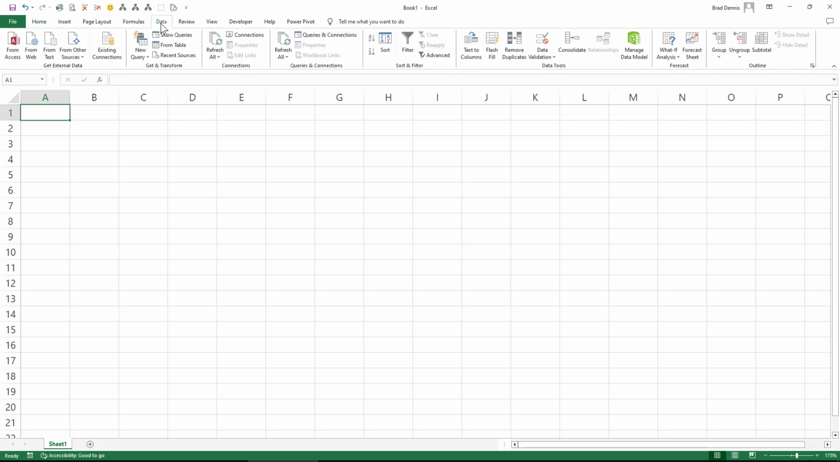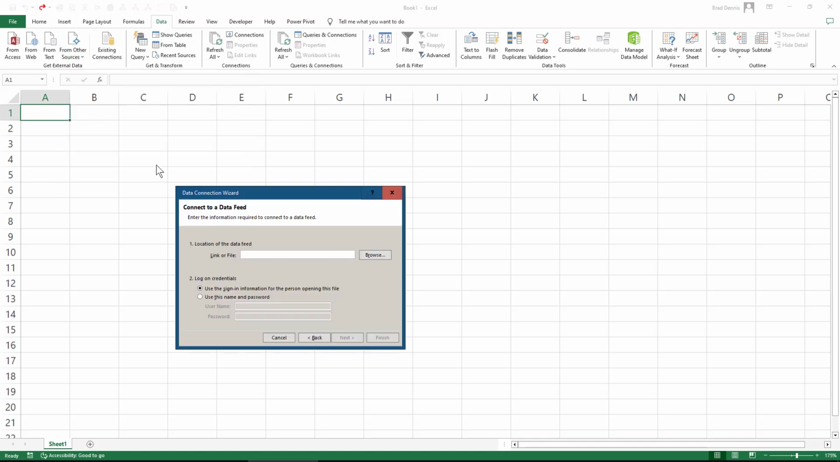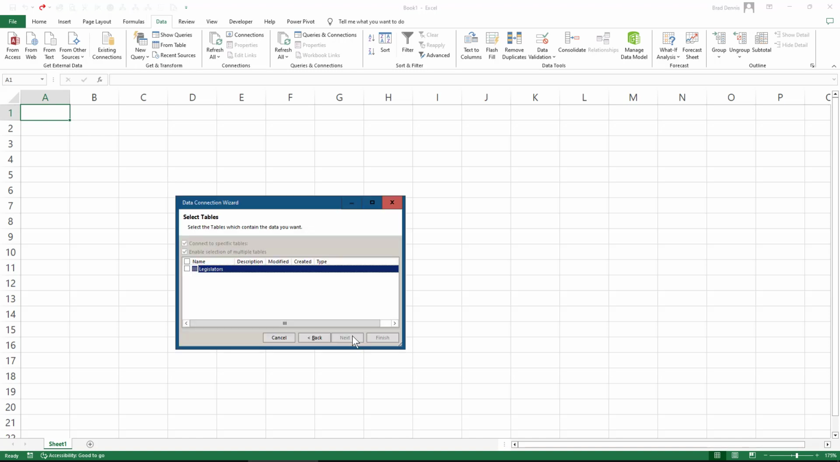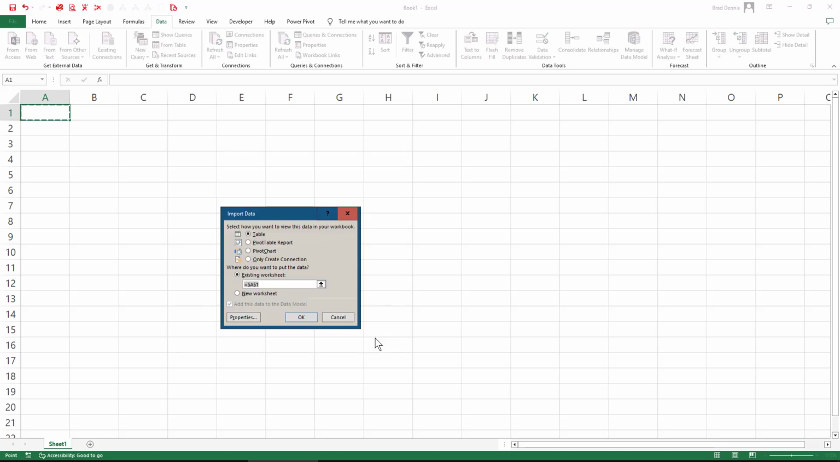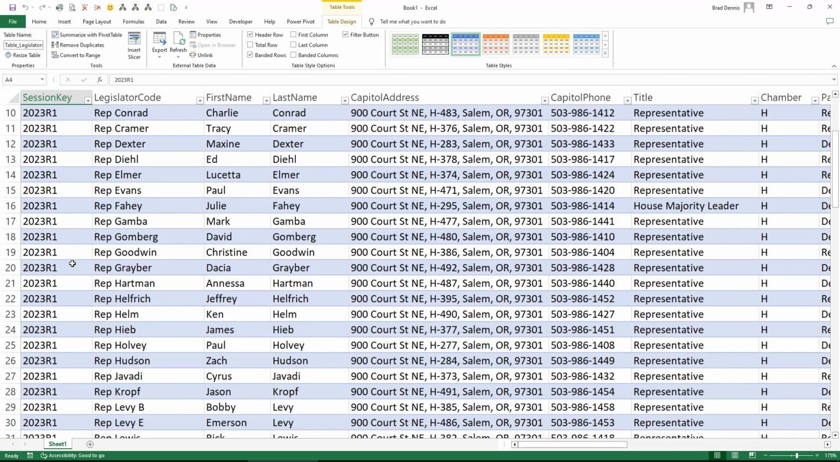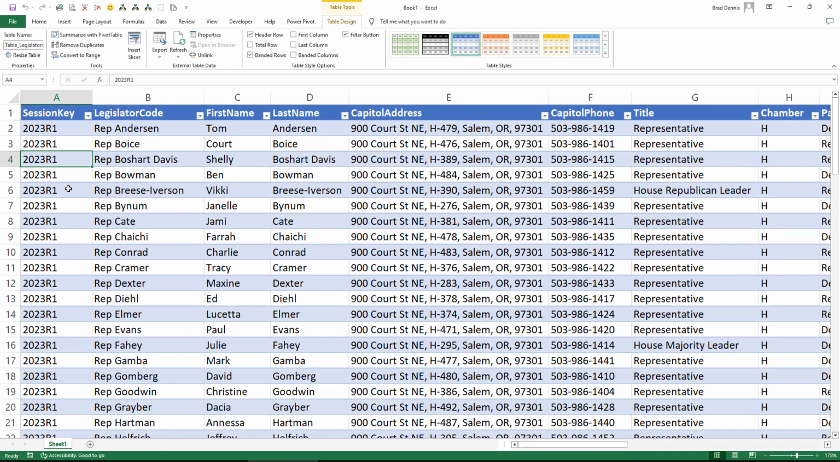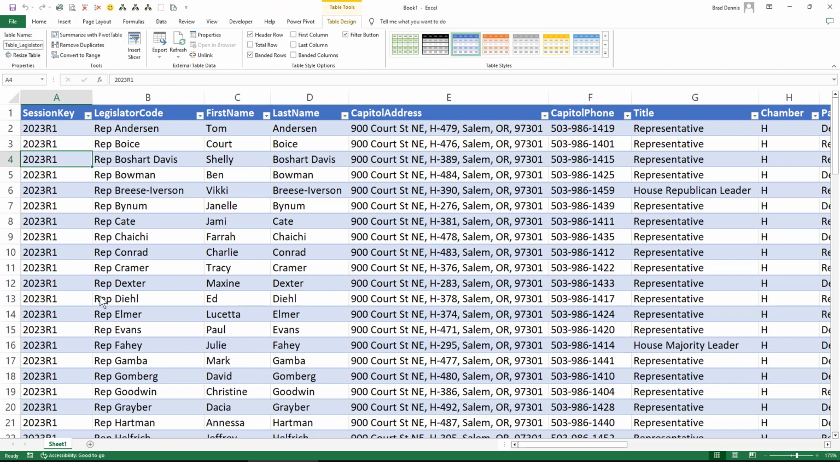So I'm going to choose Data, From Other Sources, OData Data Feed. I'm going to paste in this combined string, choose Next, select the one table, because now we have said we only want one table. I'm going to choose Next, and then we'll choose Finish, and put this into a table. So now we have 90 records, and everything is for the single legislative session rather than 15 or 20 years